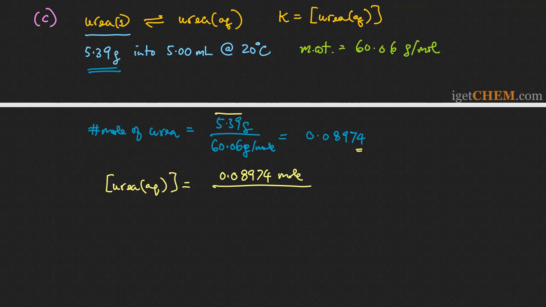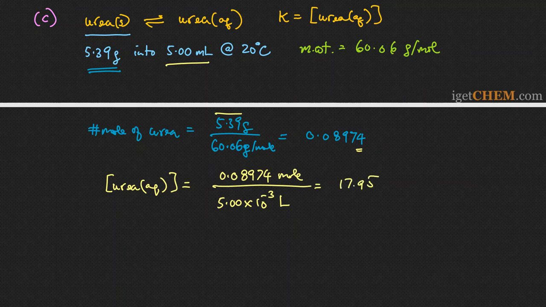The volume is 5.00 milliliters. A milli is 10 to the minus 3, so that is 5.00 times 10 to the minus 3 liters. And so when you do that calculation, that will give you the molarity of the resulting solution in mole per liter, or molar. And the correct answer at the end is